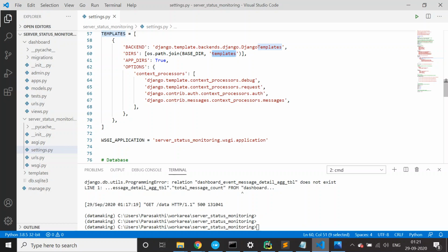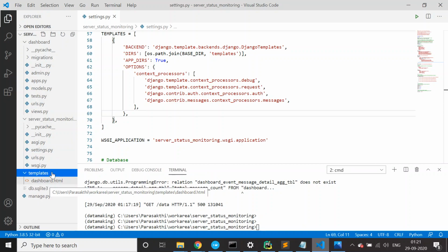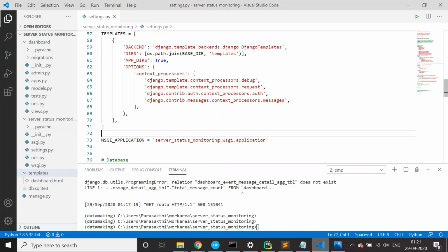A template is nothing but a kind of HTML file where your content will be rendered. So we are going to use templates, meaning HTML pages, to show our charts. These are the templates you can define here. We created a folder called templates and we have a file called dashboard.html. I'll come to that later.